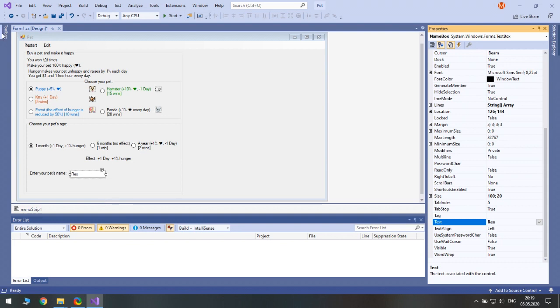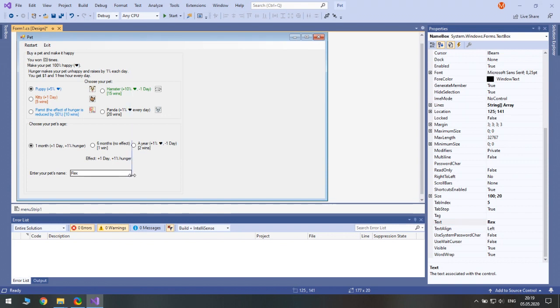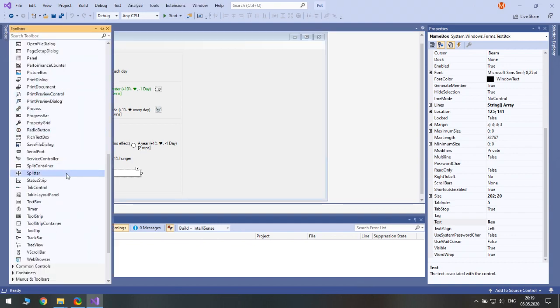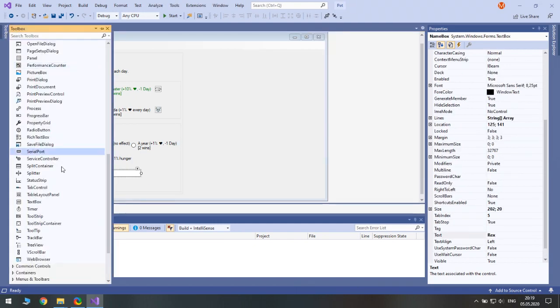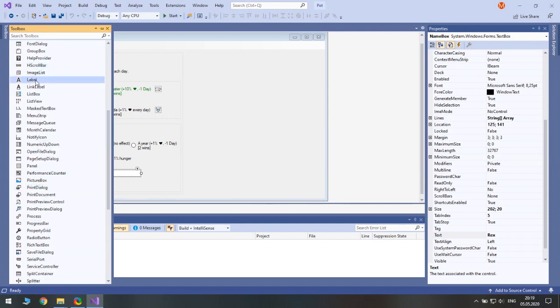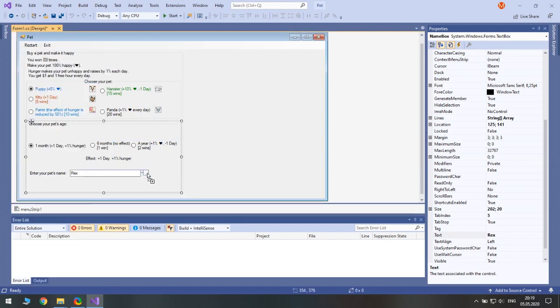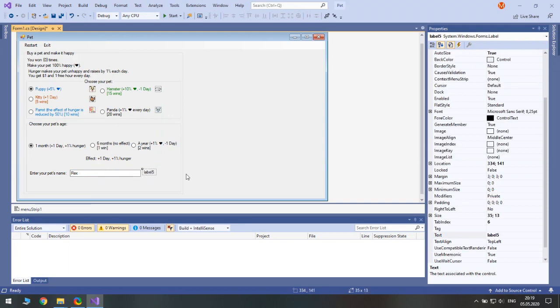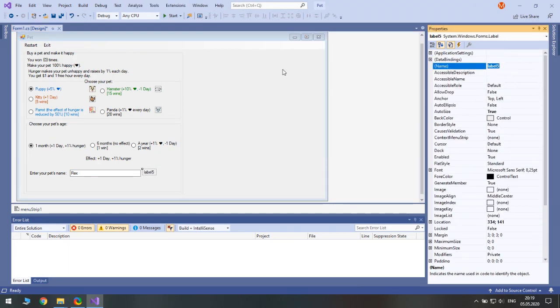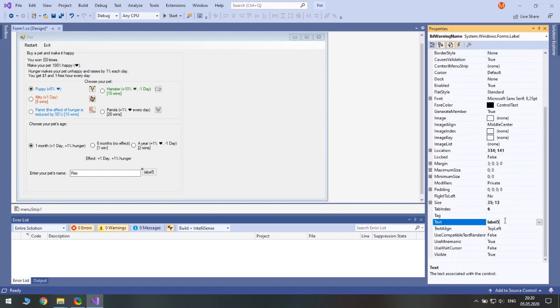Well, the name could be big, so like this, and the name should be obligatory. So let's make a label that will appear only if the text box is empty. So we need to access it by name. So let's call this label warning name, and the text should be enter the name.